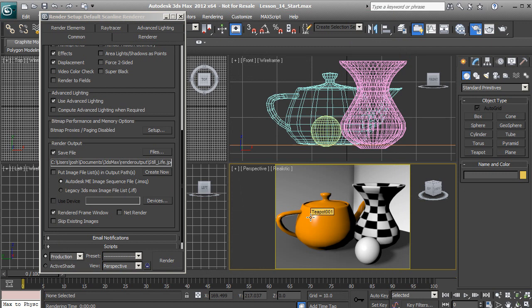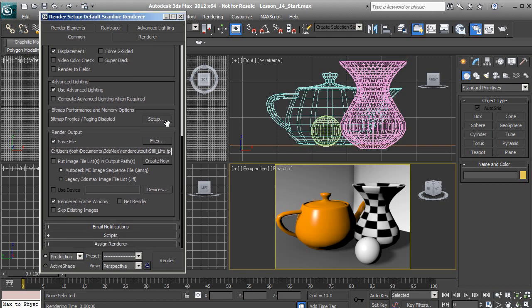And we've been using the default scanline renderer. Okay? You may have heard about something called Mental Ray, or if you're really new to 3ds Max, you may have heard of iRay. But we might want to change that rendering engine just to figure out what those rendering engines actually are. So to do that, we can go to Assign Renderer,